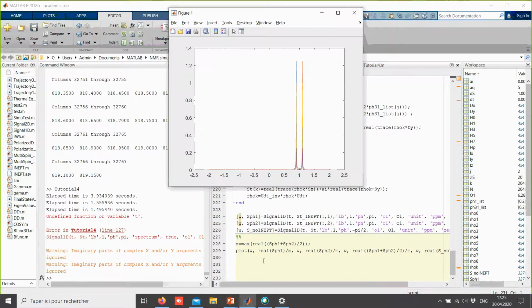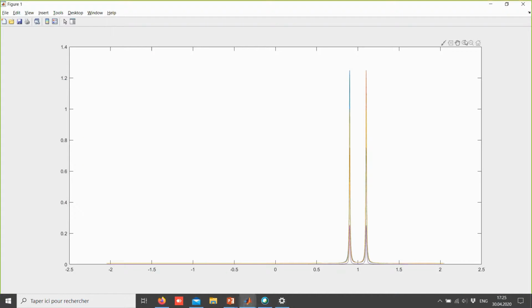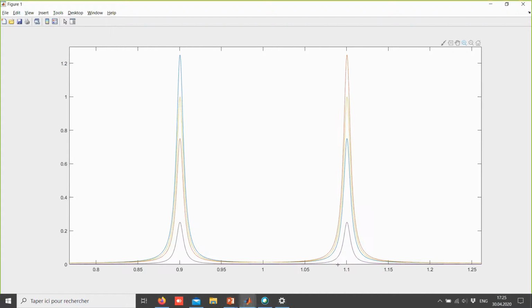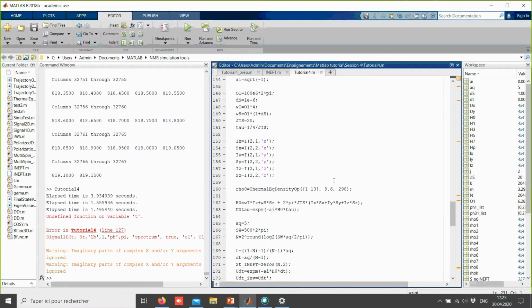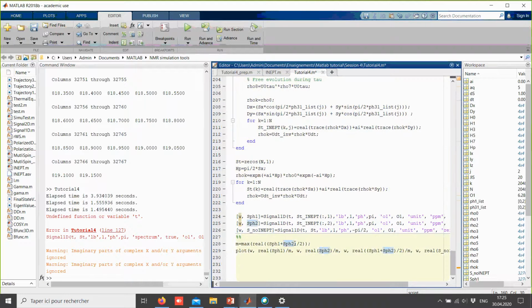Now if I plot, so this is 1, and as you see, this is related to the ratio of the gamma of the proton and the carbon. So this is approximately 0.25. And just to see, as we did earlier, we can have a look what would happen with an even lower gamma like a nitrogen 15. So just run the code, assuming it's nitrogen 15 now. And if I plot,